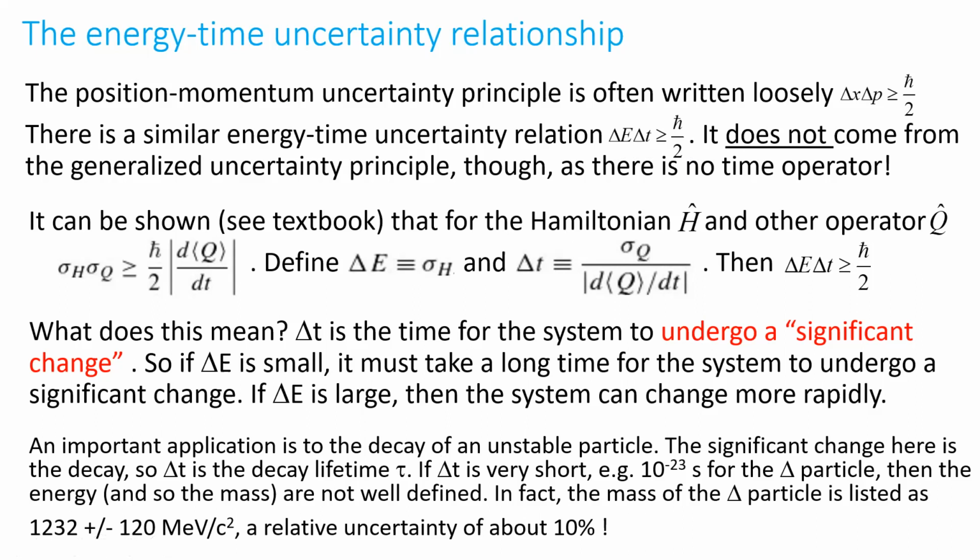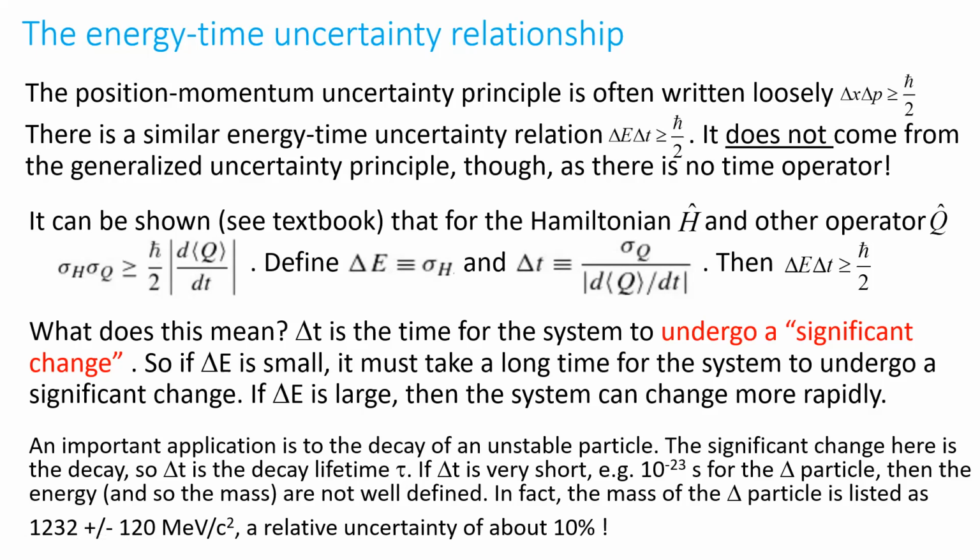Okay, so just to recap quickly, we looked at the general statistical interpretation for a general operator. We found that the probability was proportional to the c n squared, where that's the overlap between the wave function and the eigenstate of the particular operator. We looked at the momentum space wave function. We saw that it's another way to represent the state of a particle, which is very useful if you're looking at measurements of momentum. We looked at the generalized uncertainty principle. We saw that any two operators which don't commute have an uncertainty principle. And we saw how that connected with the